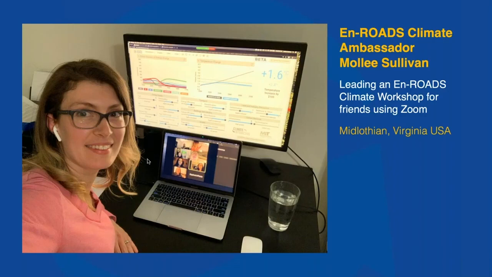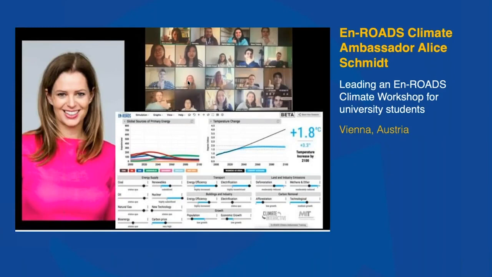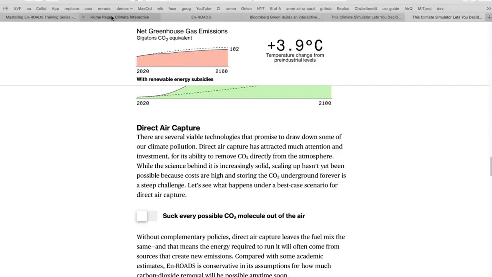Molly took the time to do that, and here she is engaging her students. You see a picture down here. There are her students. Here's the scenario that she's creating. As an educator, she's been helping her students think about climate using this tool. Alice Schmidt over in Austria in the same way, engaging her colleagues, creating this scenario in En-ROADS. Particularly as these are 2 examples of educators, like a third of you out there are, as a way to give people the simulator, have them think about it, and what they're doing actually is using what we call the En-ROADS student assignment. And I'm going to take you to the resource here.